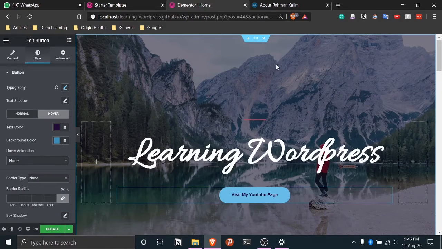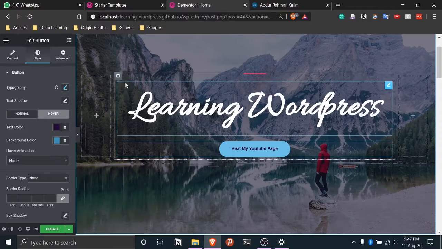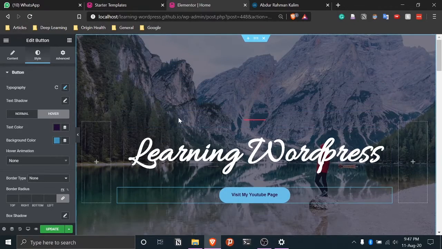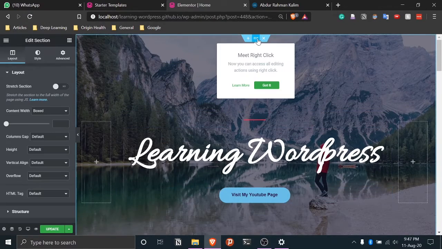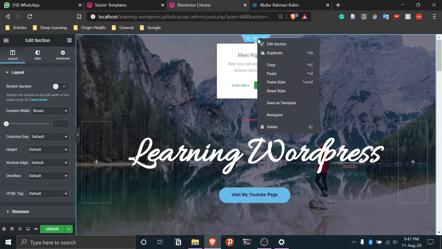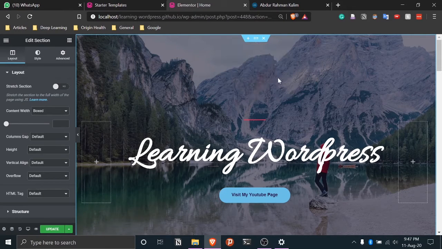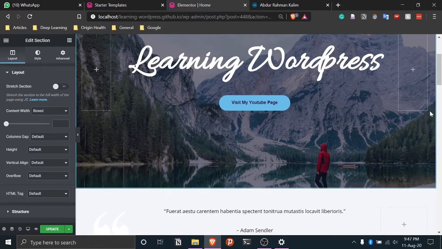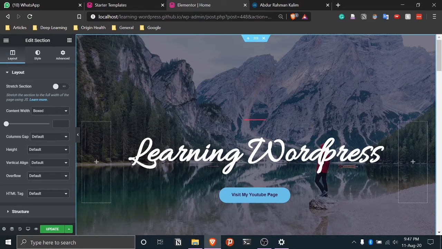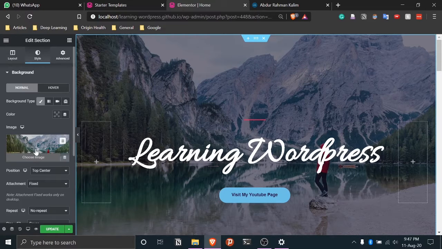Similarly, we can change the background also. So if you want to pick a whole background, this is actually called a section, I believe. I click on this, yeah, this is called a section. So if we click on this, this basically means that I'm selecting this background section, this whole section itself, this blue colored thing. So we click here, and here we can go to style again, and you can see the image. So this is the default image.